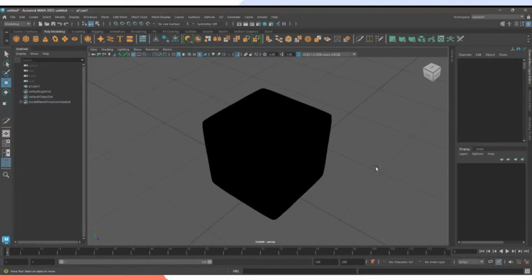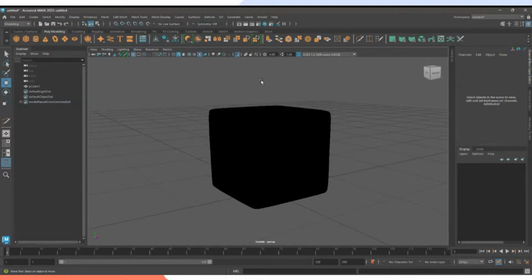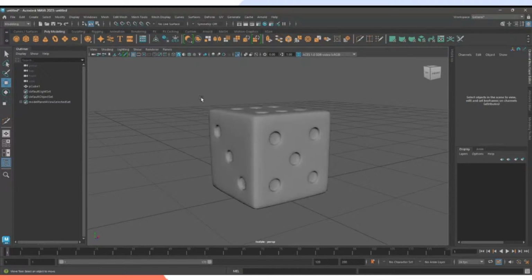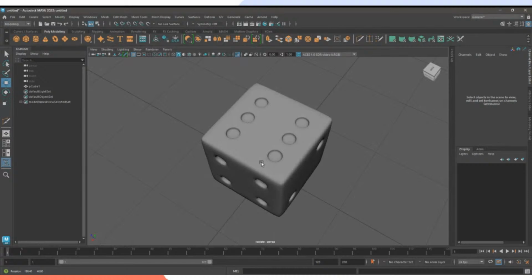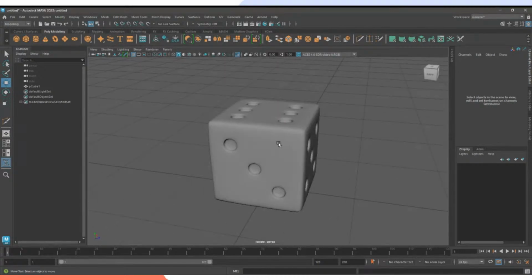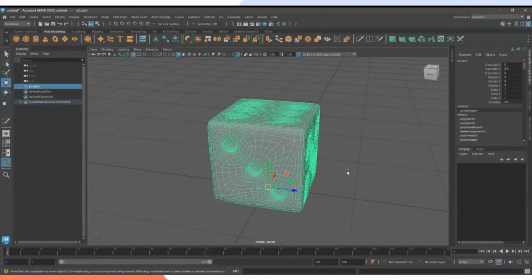This is a dice cube. For some reason, it's not showing my model. There you go. So this is what we're going to be doing today, a full-on dice. Actually, I modeled this the hour before our webinar because most of the time you have no